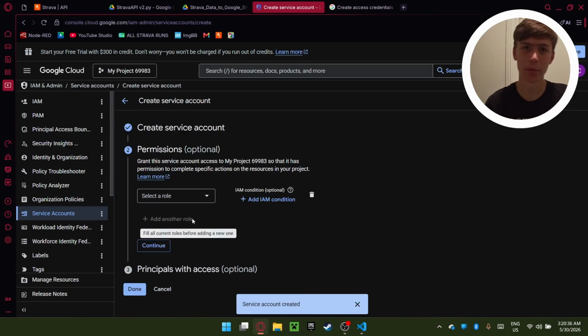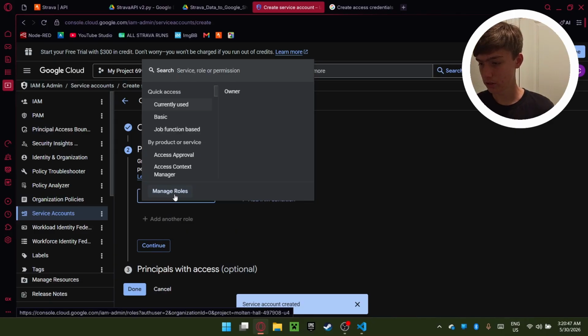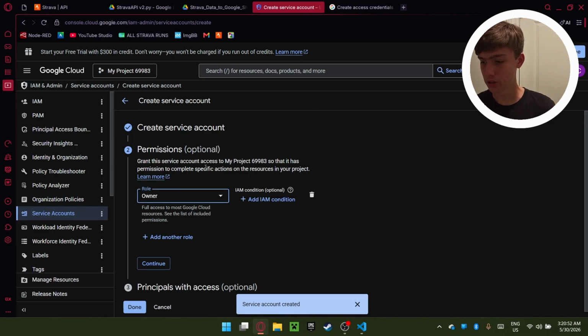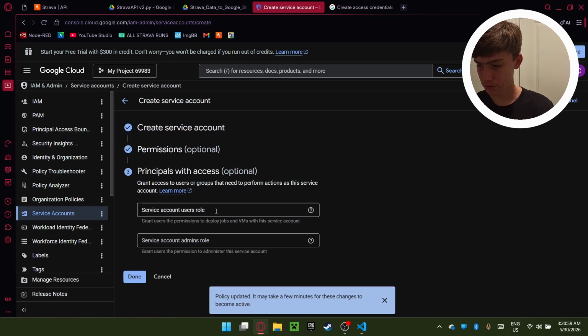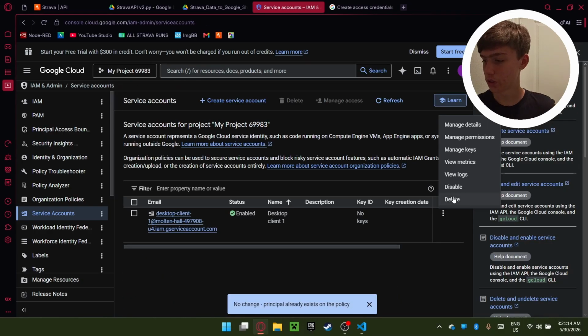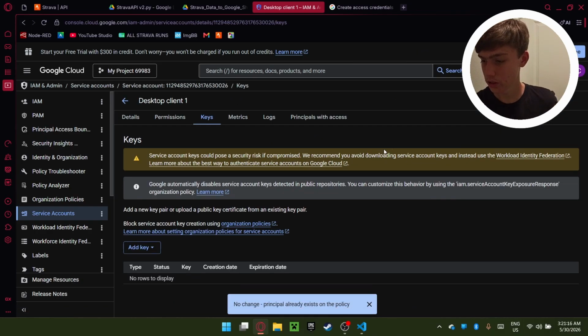Create and continue. I recommend calling it something, probably the same name as the project. Permissions, and probably owner. Yep. Continue. We're gonna click done. Next, we're gonna go to manage keys. Click add key